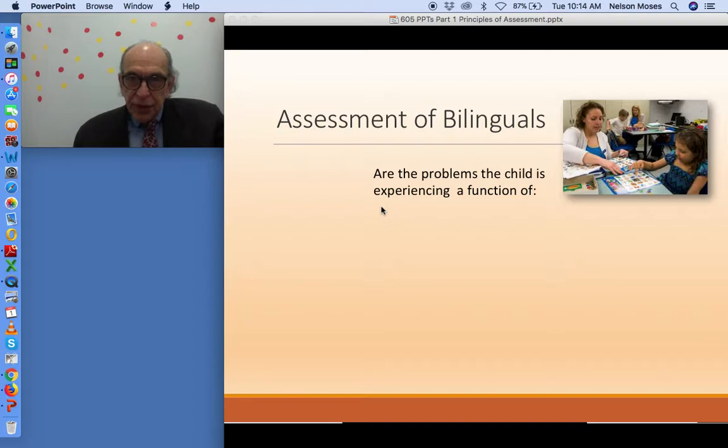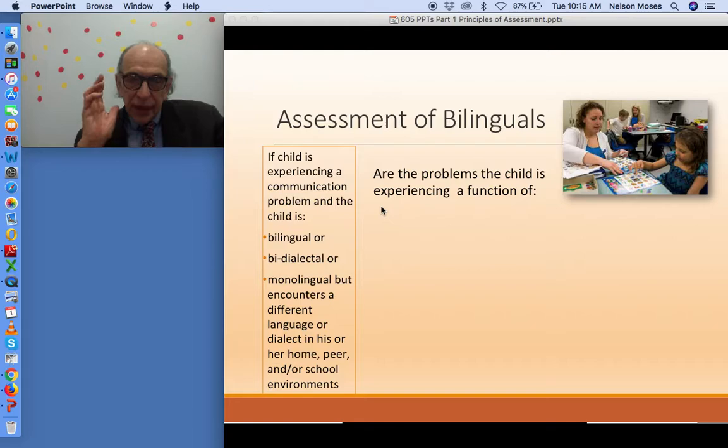In any event, in addressing the issue of bilingualism, we have to ask the question, first of all, let's set up a proposition here. The proposition being, if the child or the individual is experiencing a communication problem, and the individual is bilingual or bidialectic, or monolingual, but encounters a different language or dialect in his or her own home, peer, or school environments,